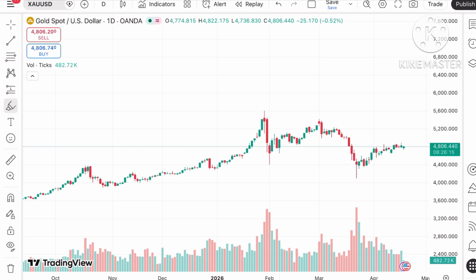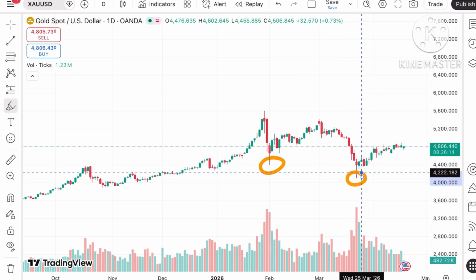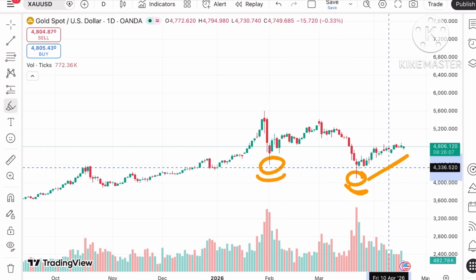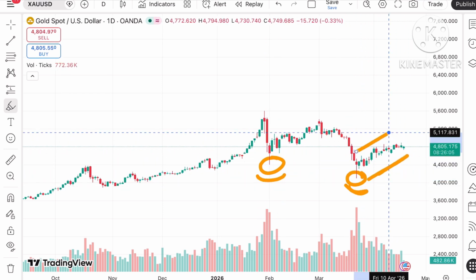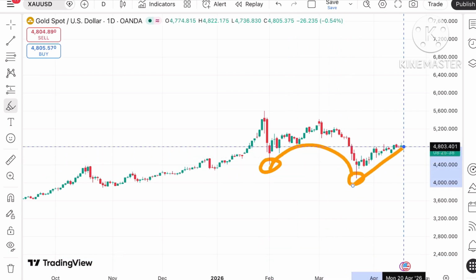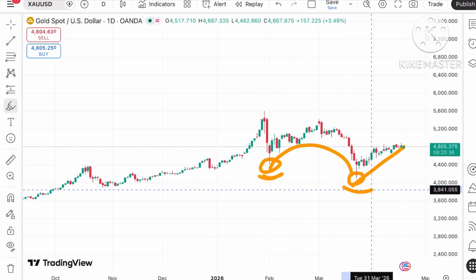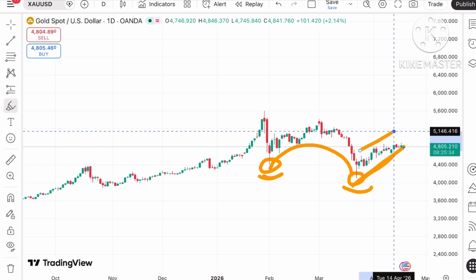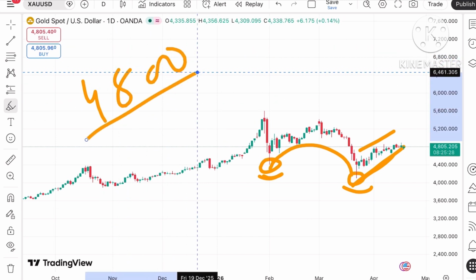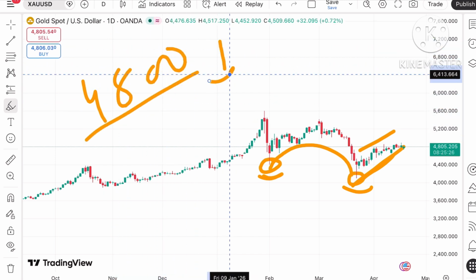$4806.780. There are clear patterns formed. See, if you look at this particular pattern, we have seen the volume has changed from these levels and started upside. There is a continuous high upside we have seen, an opposite U pattern. This opposite U pattern has formed. After that, there is an upside and a swing has formed at these levels. And suppose it started going upside above 4800, because 4800 is an important level. Keep in mind that 4800 is an important level, and if the price falls below this level,